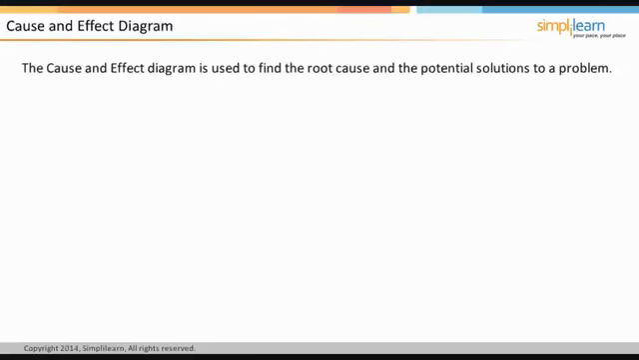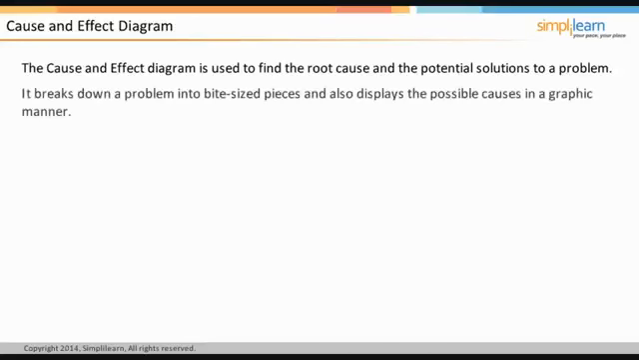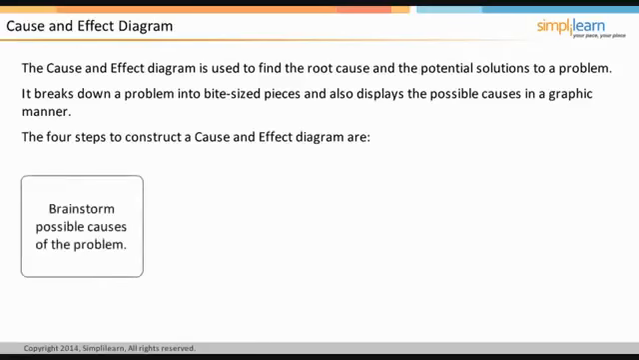The cause and effect diagram is used to find the root cause and the potential solutions to a problem. A cause and effect diagram breaks down a problem into bite-sized pieces and also displays the possible causes in a graphic manner. It is also known as the fishbone, the 4M, or the Ishikawa diagram. It is commonly used to examine effects or problems to find out the possible causes and to indicate the possible areas to collect data. The steps involved in the cause and effect diagram are: